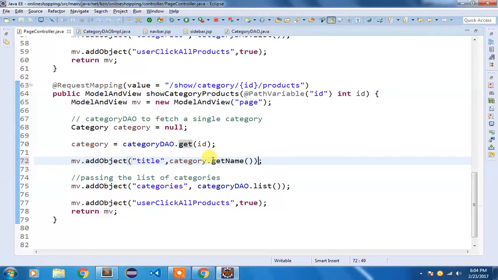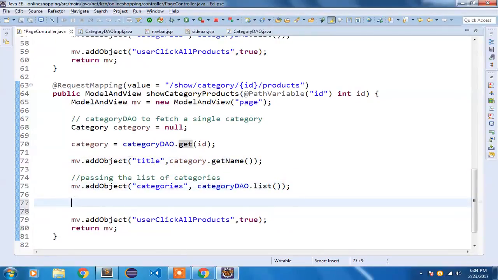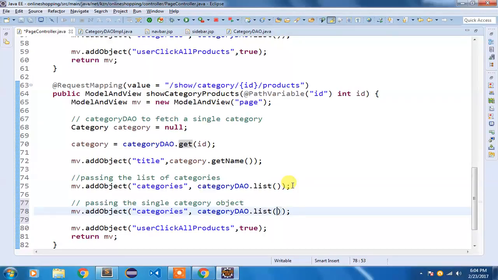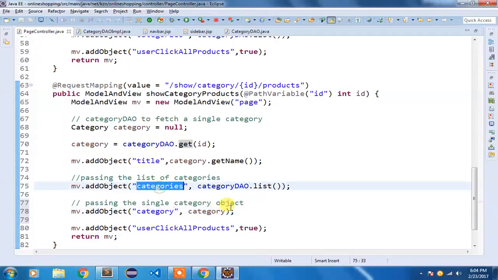Okay, so we are passing that category, as well as we are going to pass the single category object. So for that, let me copy this, and instead of calling list, I am going to say category, and we are going to refer it using category. So we have categories and we have this category.